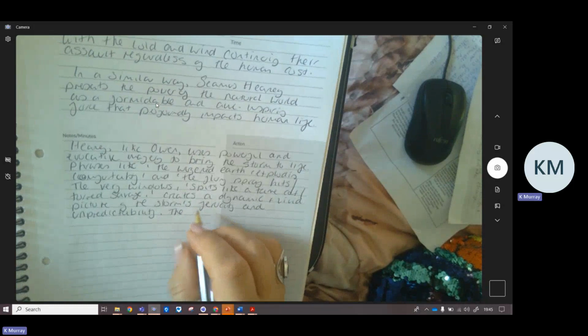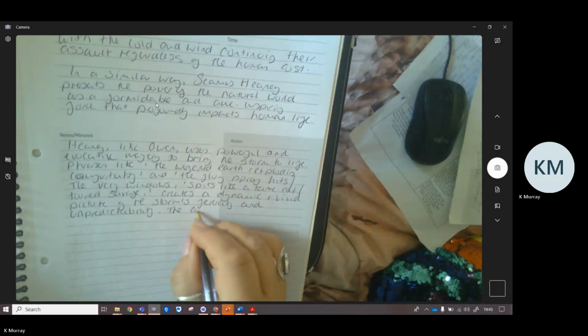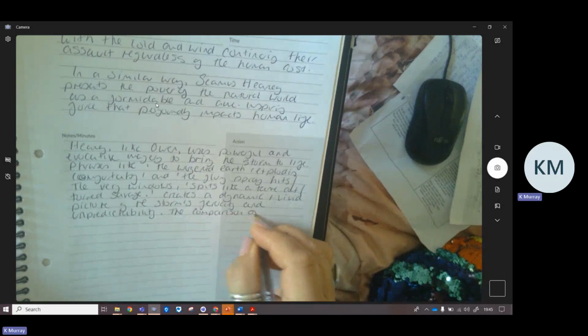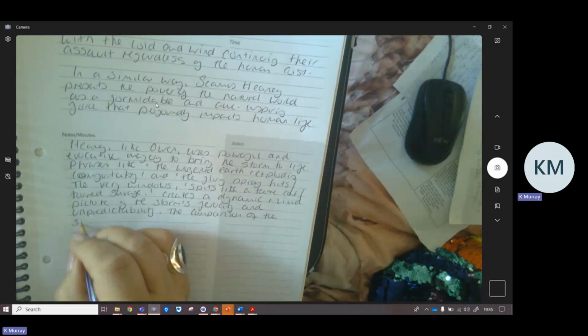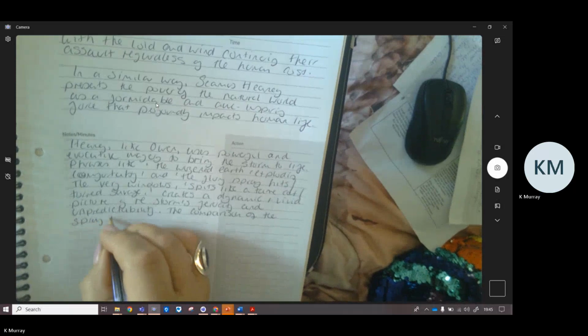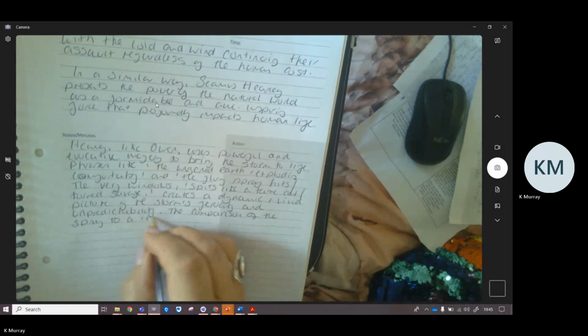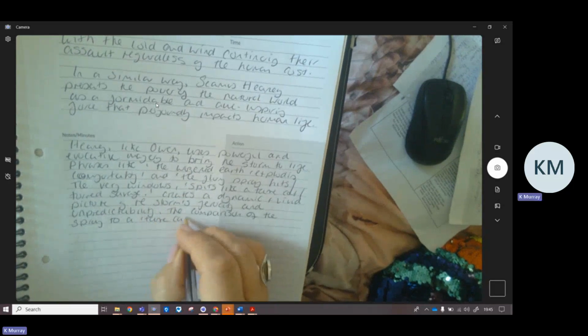The comparison of the spray to a tame cat